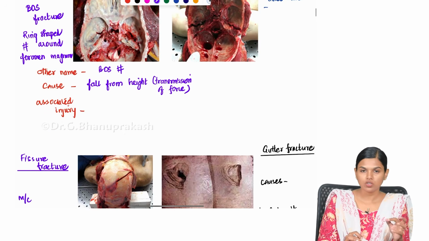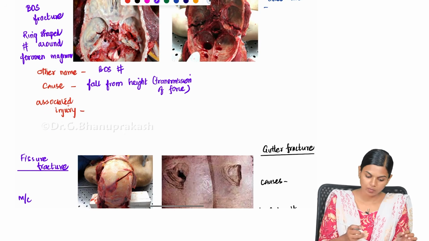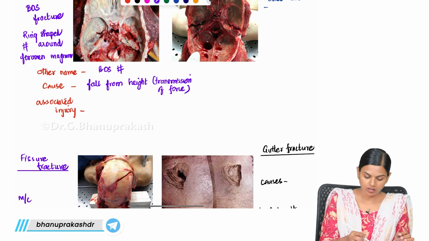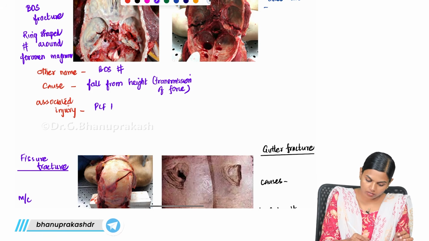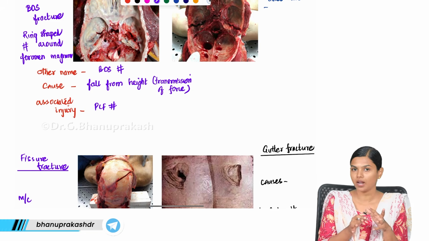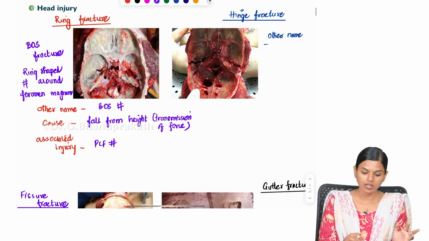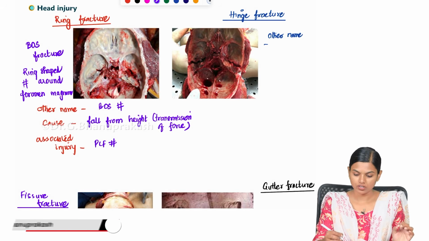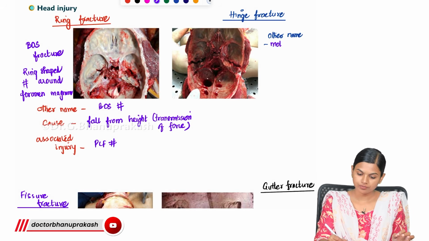The associated injury you can see is severe damage. Since it is a base of skull fracture, you can see posterior cranial fossa fracture, a lot of fractures will be seen along with this, and there will be severe brain damage. So this is about the ring fracture. Next we have hinge fracture. It is also known as